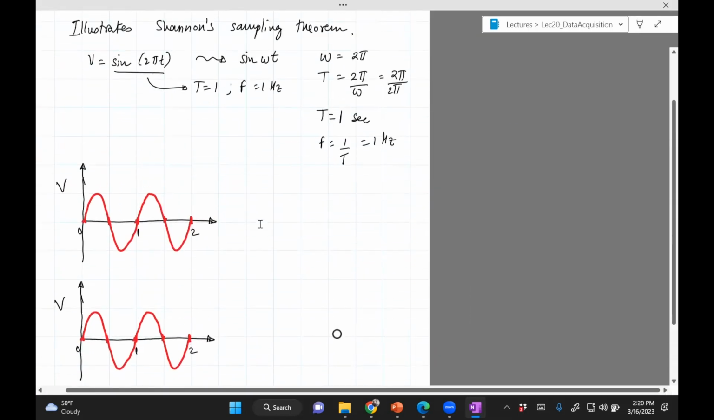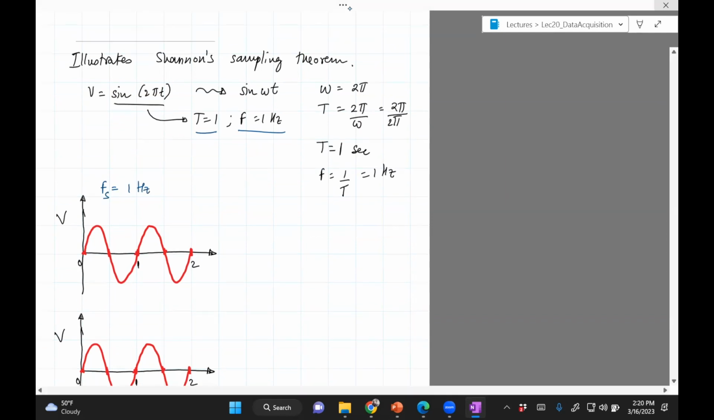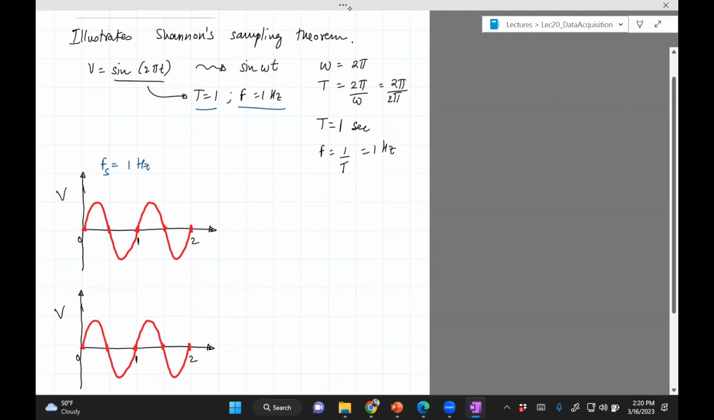Now, since this signal has a frequency of 1 hertz, let's see what is the effect of sampling it at different frequencies. So let's sample at fs equals 1 hertz. When I say 1 hertz, you can choose when you want to start sampling. Let's say that we choose to sample here. This is a measurement. And then we need to wait for 1 whole second because 1 over fs is 1 second. So if you wait for 1 second, you sample here and so on. So if you now take these sample points and plot them,